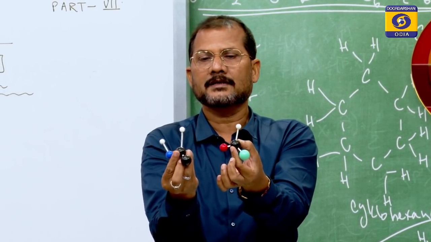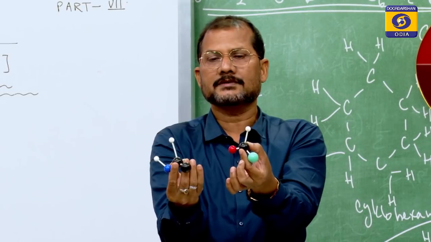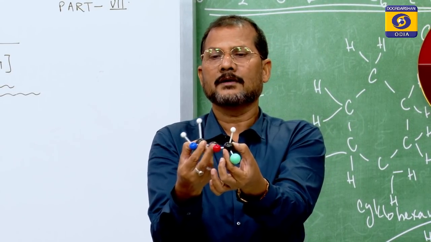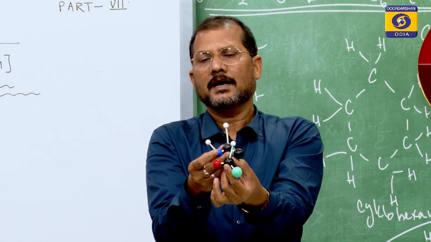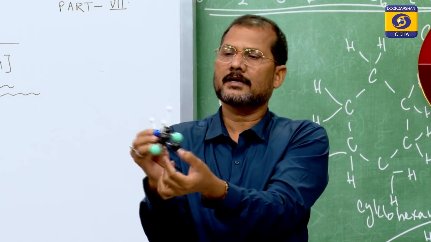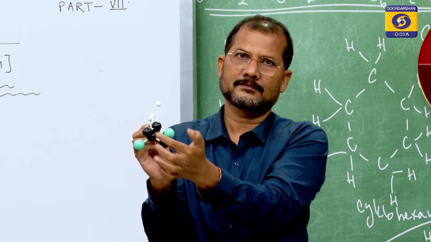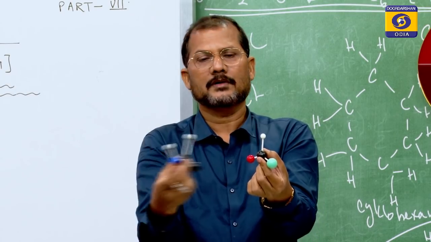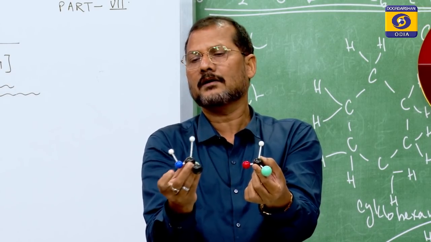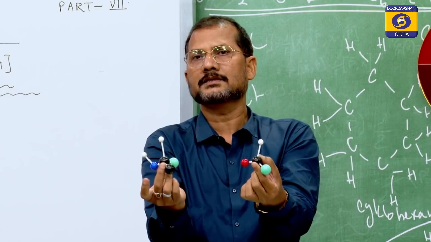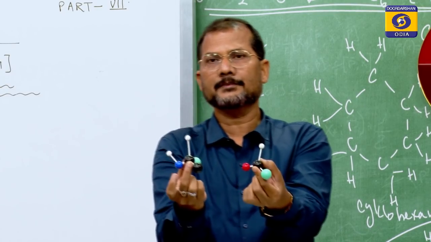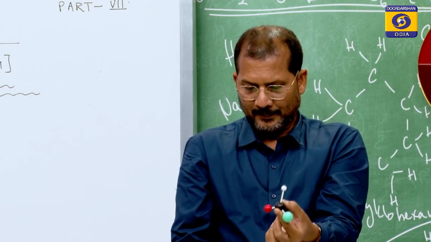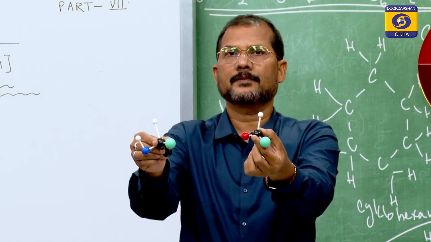Suppose the product is like this, this is the reactant and this is the product. We can understand this is the reverse product of this. Suppose on this side there was chlorine and on this side there is OH. I am matching chlorine and OH, but if you look, these two groups are not matching. It means if the reactant is dextro, the product is levo. It is the same reaction, methyl chloride, or suppose any alkyl chloride, turns into alcohol. This is also the same thing, but it is an inversion type of reaction. This is an inversion type of reaction, and that is a retention type of reaction.